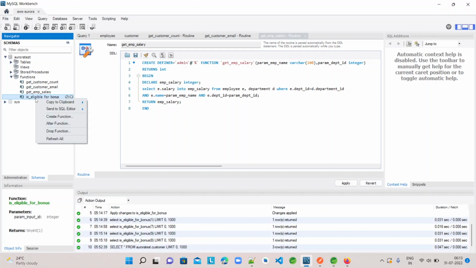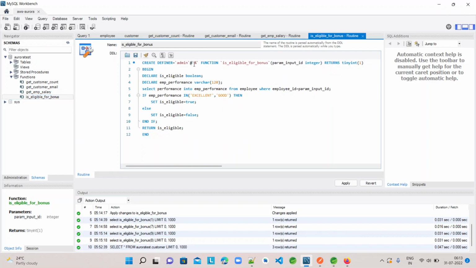Here, this function. Let me show you this. This function is actually taking one input parameter, the employee ID, and returns boolean. What it does is it checks the employee performance column. If it is excellent or good, then it returns that the employee is eligible for bonus, otherwise it returns false. So these are a couple of functions which we are going to call from the Spring